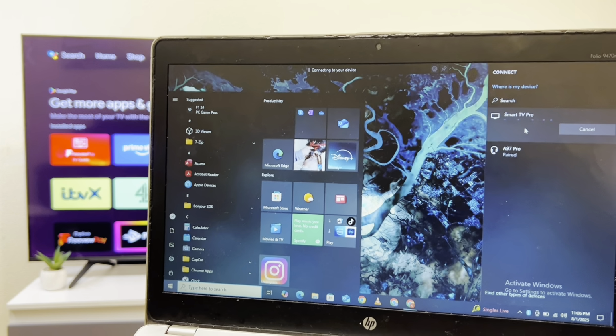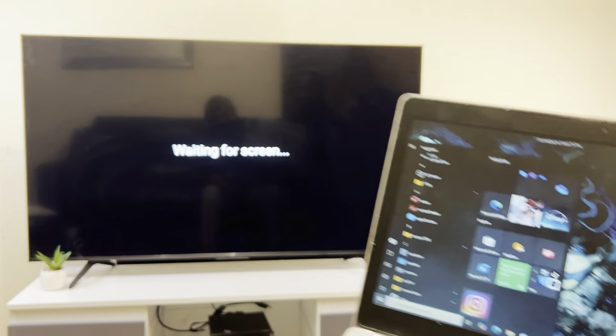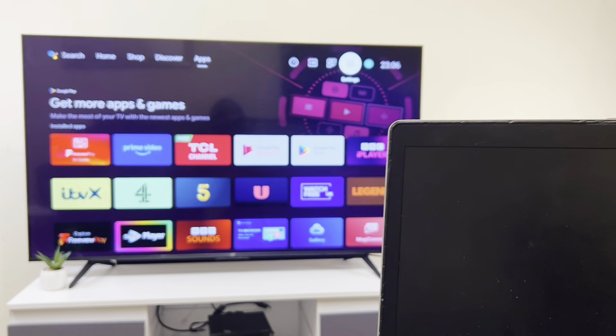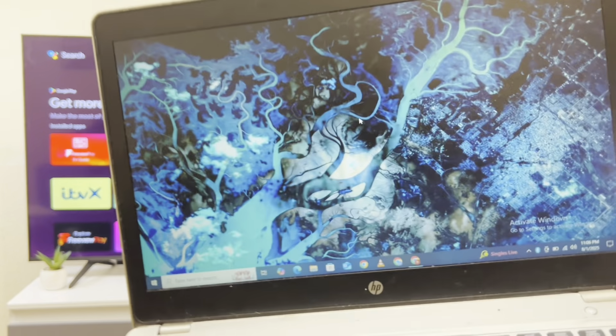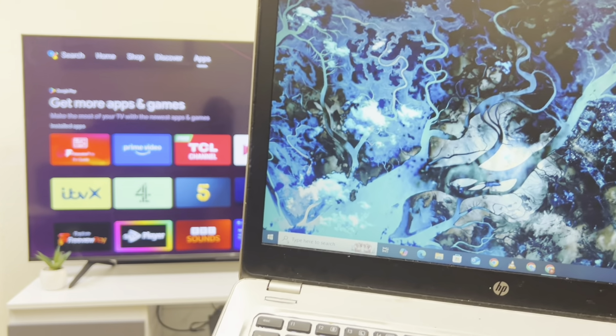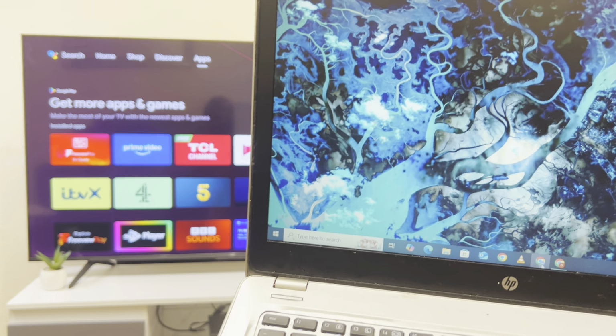Here is the trick. If you have a Miracast, automatically it projects, but I don't. See what happens. It doesn't. But don't worry, I've got you covered. Simply go to your Chrome on your laptop, open it,